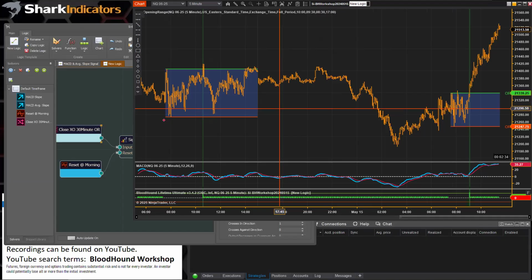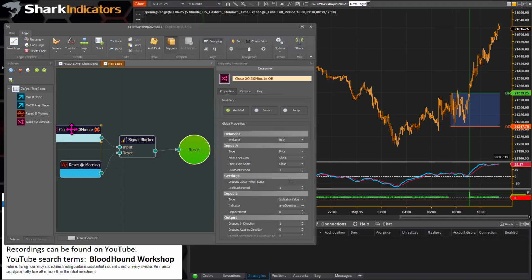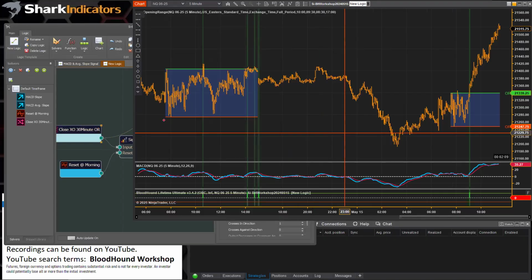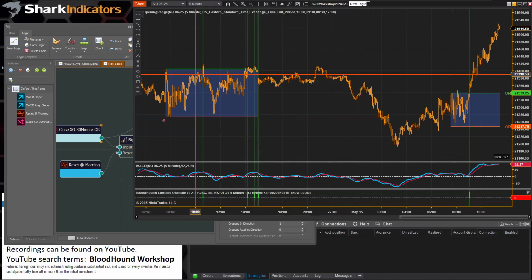If you go back and watch the video from last November, it's going to explain why the comparison solver was used instead of the crossover solver. But normally you want to use a crossover solver because, all right, let's take a look at the crossover solver. As far as yesterday goes,